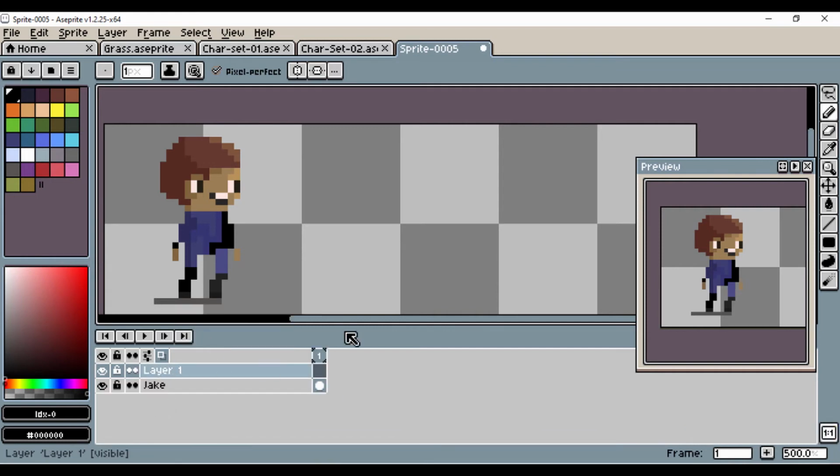We don't even know. So what I'll do is I'll lock Jake's layer so I don't accidentally go around and paint in Jake's layer. And I'll set my brush size to like 3. So what I want to do is to start with a strong silhouette. And it's not necessarily that we have to follow that same pose we've been following. We could actually start with